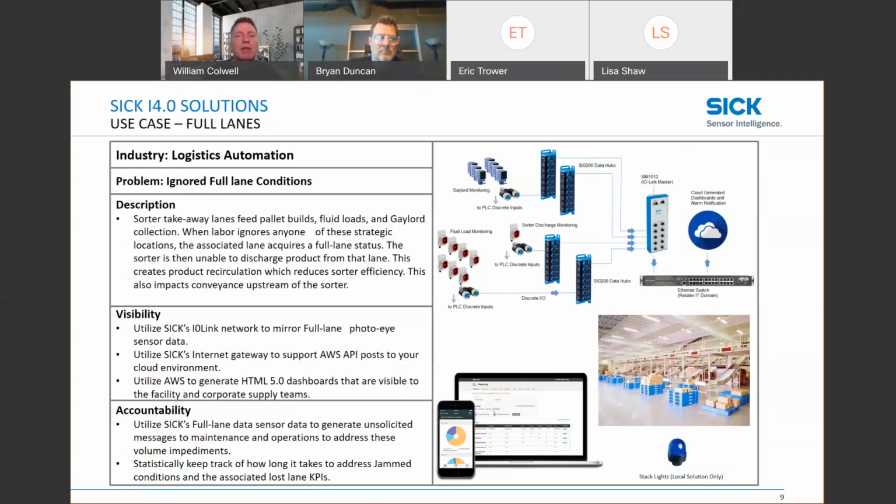And one thing I can always do is walk to a sorter and see lost volume. Either there's an issue with full lanes where product is having to be recirculated, or a true indication of that is you ask one of the controls guys or maintenance guys, what's the recirculation number? And when it's something above 3, that product's recirculating more than 3, you know that facility typically has problems with